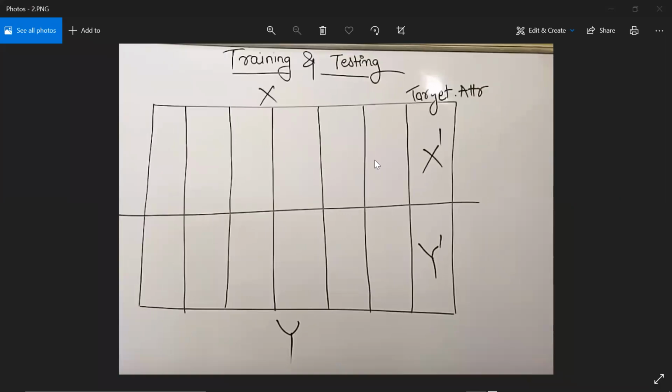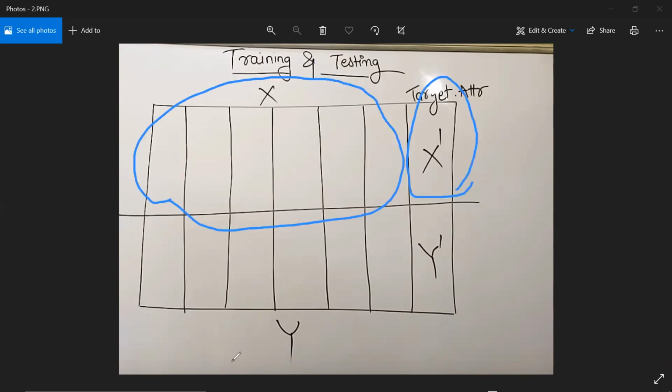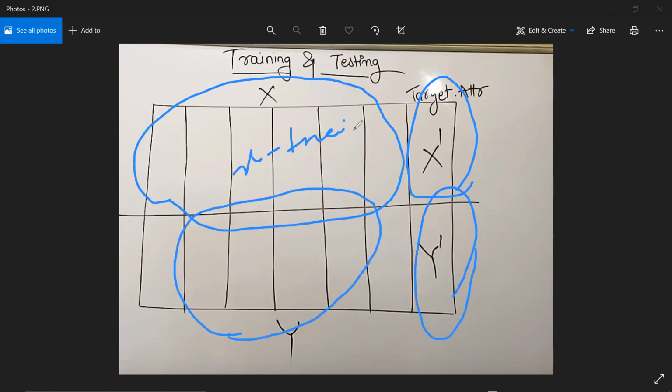So what exactly happened? Once I split the data, I divide it into four parts. I can write down this part is one part, this is one part, this is one part, this is one part. Just understand, in practical I'll show you. This is called X train.